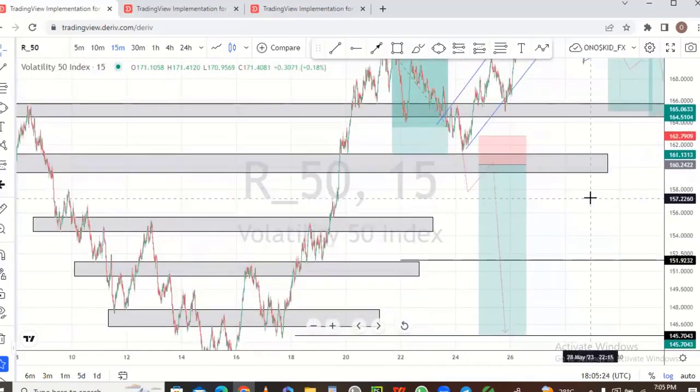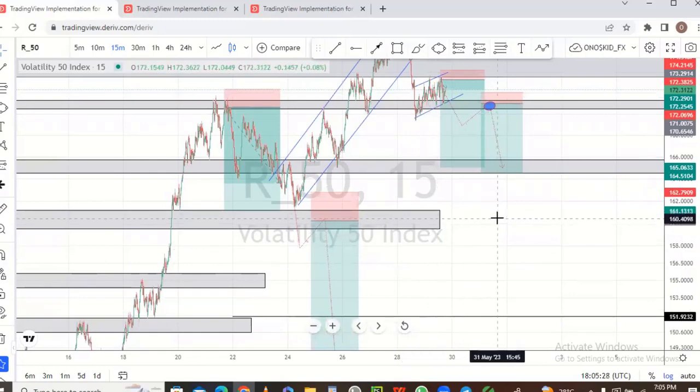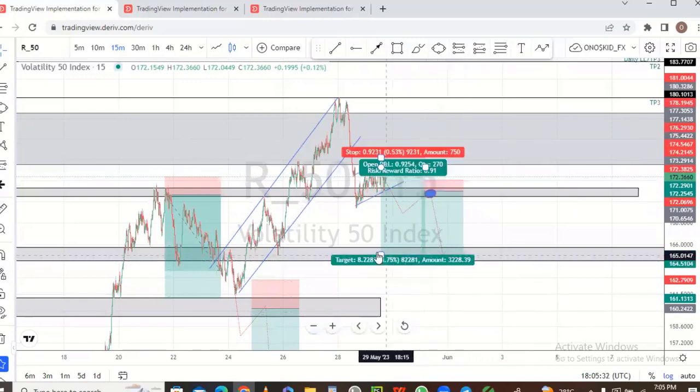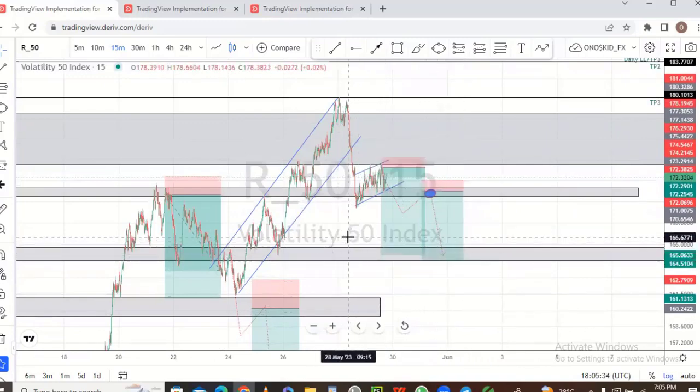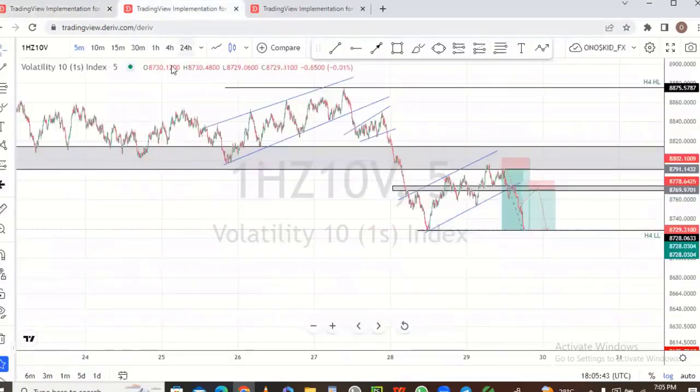You have to combine it with the knowledge of market structure. So make sure you watch that video on market structure as well. Very, very important, because these are the basis on which you can build your confidence and analysis before taking a trade. So I have another setup on this